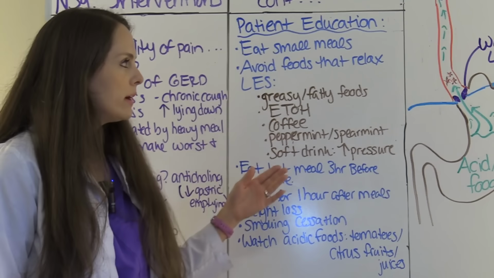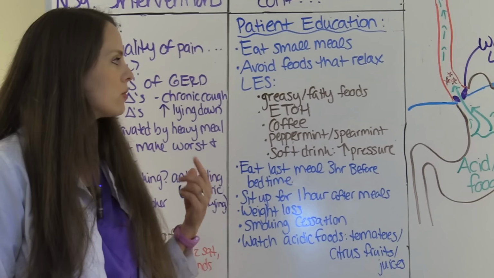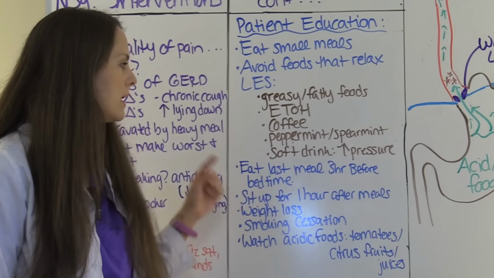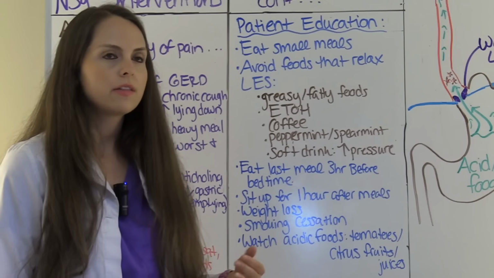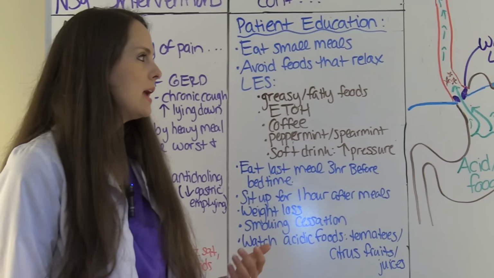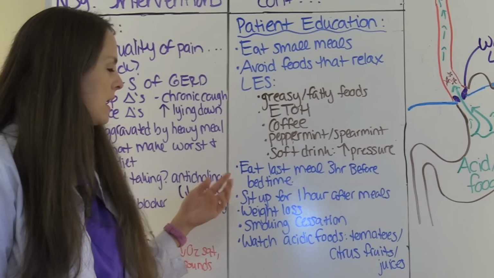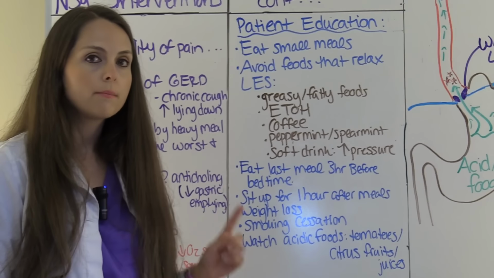And they need to avoid foods that relax the lower esophageal sphincter, like greasy, fatty foods, alcohol, coffee, peppermint or spearmint. And watch soft drinks, because all that carbonation, once you ingest those, increases pressure in the stomach and increases pressure on the LES. Another thing is that they want to make their last meal about 3 hours before bedtime